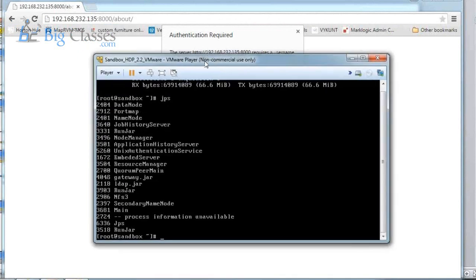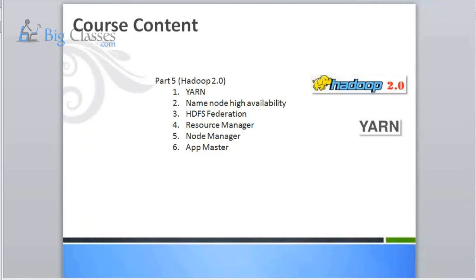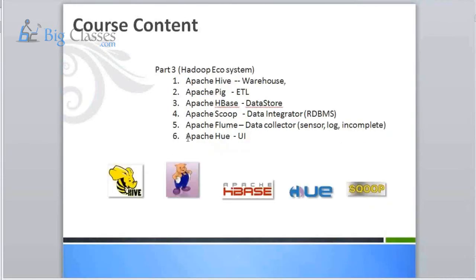This is not just the UI. If you're talking about this one, Hue, this is like a front end for all these subsystems. I mean to say, you are right, it's a query submitting system if you're talking in terms of Apache Hive. But that doesn't apply for Pig. So look at it like this.